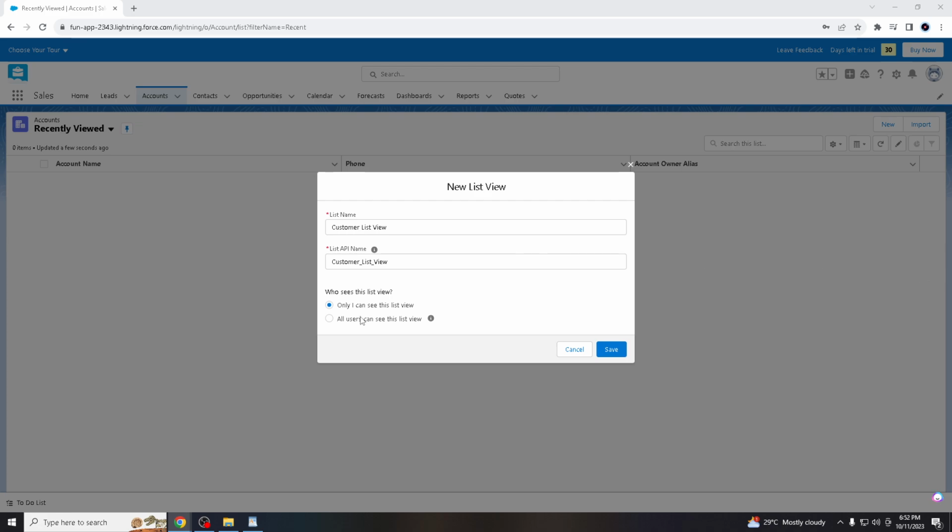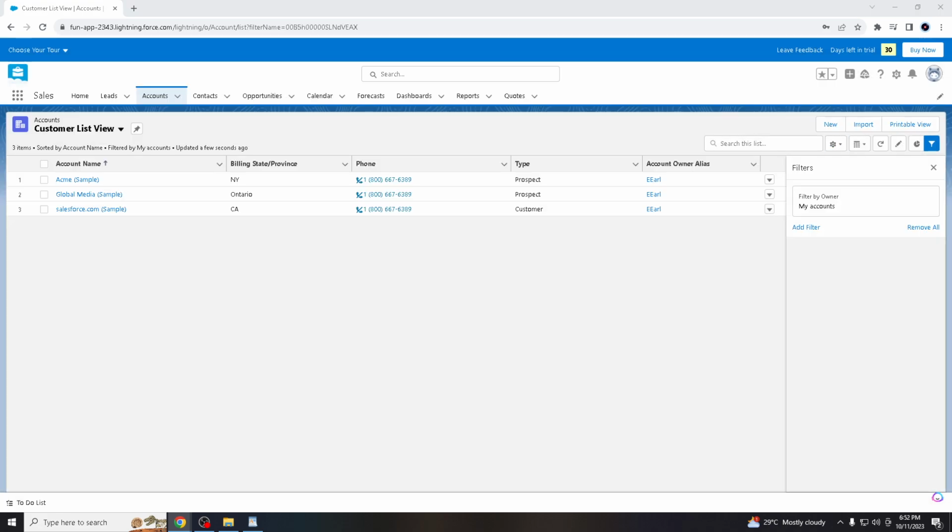So it gives you an option here. All I can see is this list view, all users, whatnot. So for the time being, let's take this option below and click save. And when you click save, you can see that you should check the options of all accounts. Done. Okay. And then once that, all I gotta do is